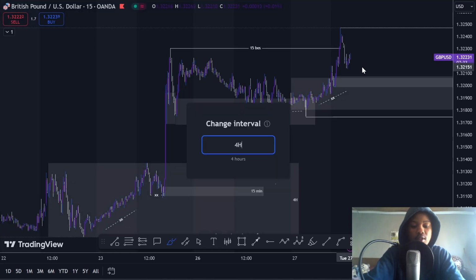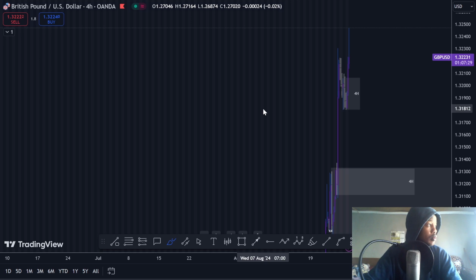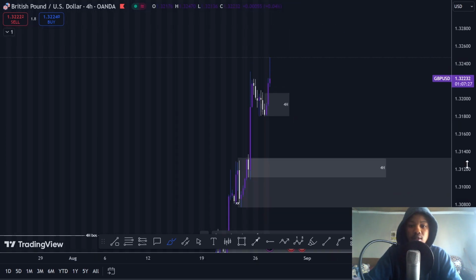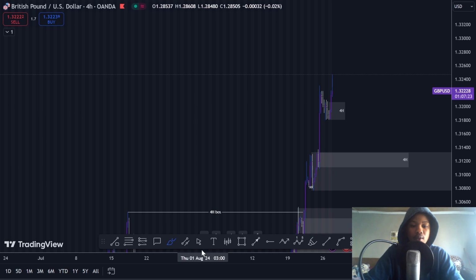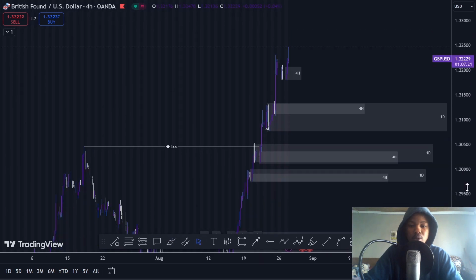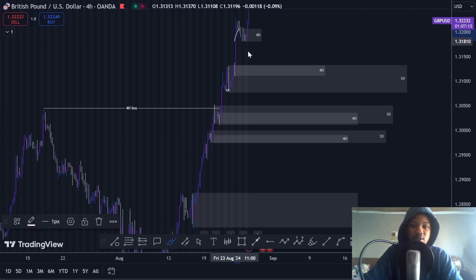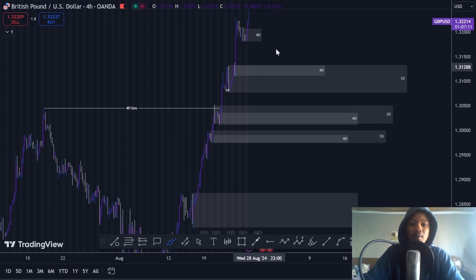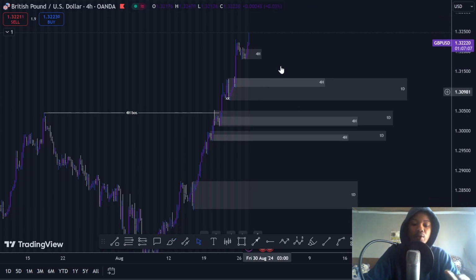Okay, let's start this analysis here on the 4-hour GBPUSD. Firstly, on GBPUSD, we were hoping price would come to these supply and demand areas here. Before, price was around here, so we're hoping that price may likely come here. Coming here, we're going to look for those buys, but price hasn't shown us that it wants to come there,